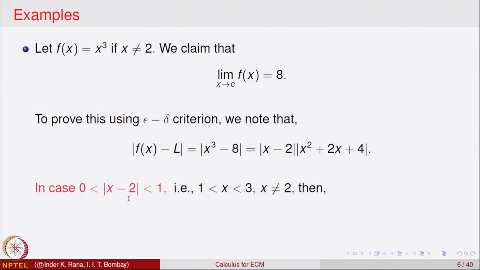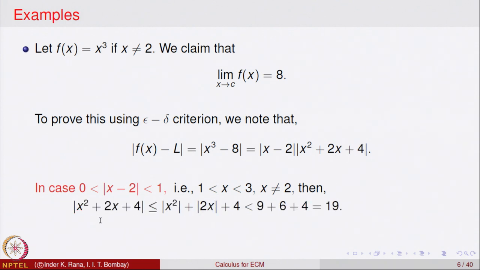So, mod of x minus 2 less than 1 is 1 less than x less than 3, and this bigger than 0 means x not equal to 2. So, if we put this condition on the point x, then we can estimate this quantity. So, to estimate this quantity, we note